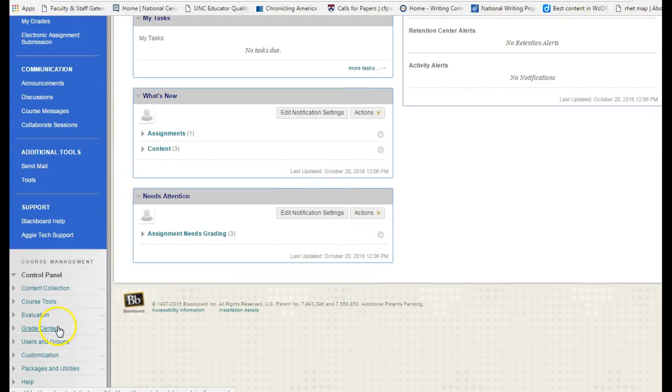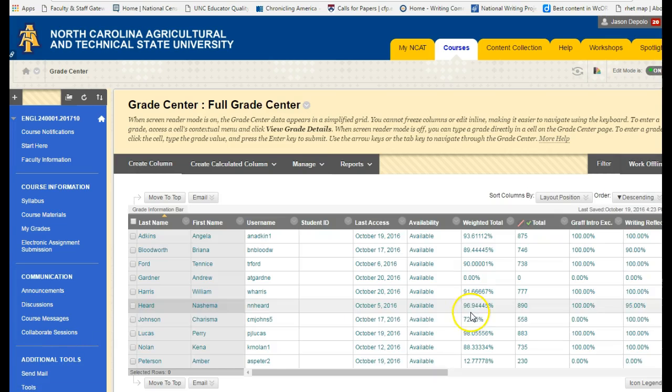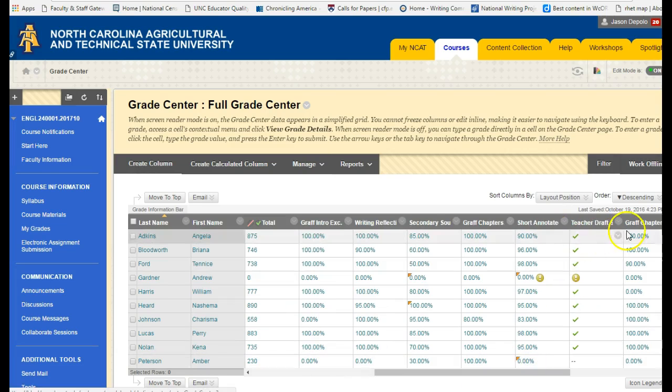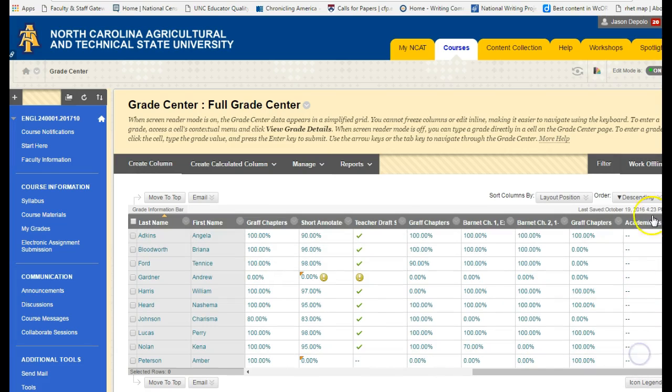All right, the first thing is to create an assignment in Blackboard that is a non-Blackboard assignment. You'll notice in my course that I have a number of those actually. See these little introduction exercises here, graph chapter, 4 and 5 exercise here. So how you create those is all you do is you go into create column